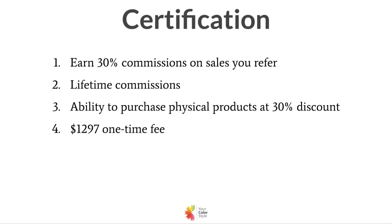And then the last business model is the certification program. So if you are someone that really wants to do a professional color analysis, you can become a certified Your Color Style coach. Coaches earn 30% commissions on all their sales and lifetime commissions. They can purchase products at a 30% discount and offer those at full retail to their customers. The fee to study and become certified as a Your Color Style coach is